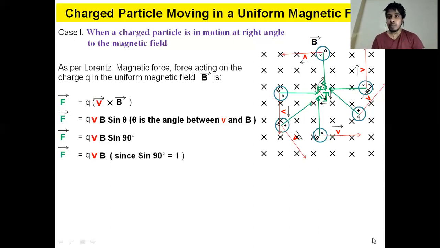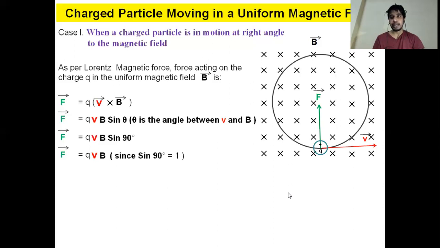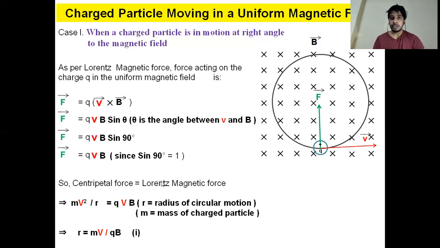So this charged particle, when thrown in the uniform magnetic field at 90 degrees, will follow a circular motion